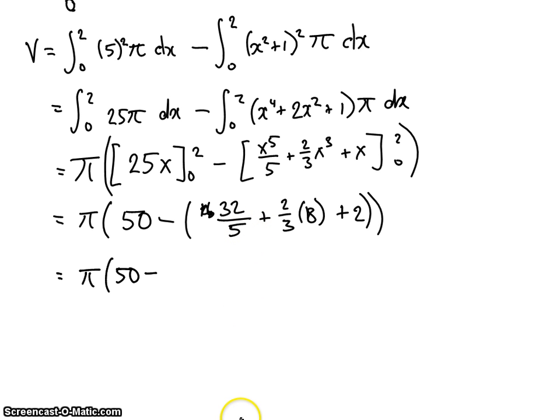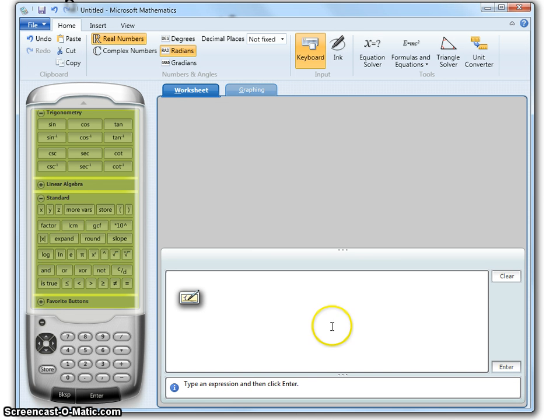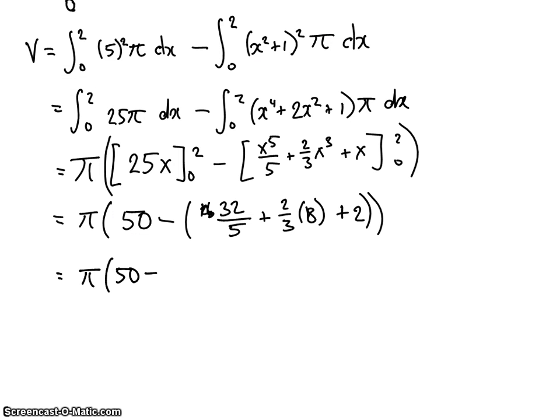well, this is a good chance to pull out a GC, so hold on. So this is my GC, Microsoft Mathematics 4.0. It's a free download if you want it. So let's take a look at what our question was again. We need to figure out what 50 minus, we'll just do the whole thing, 50 minus 32 over 5 plus 2/3 times 8 plus 2